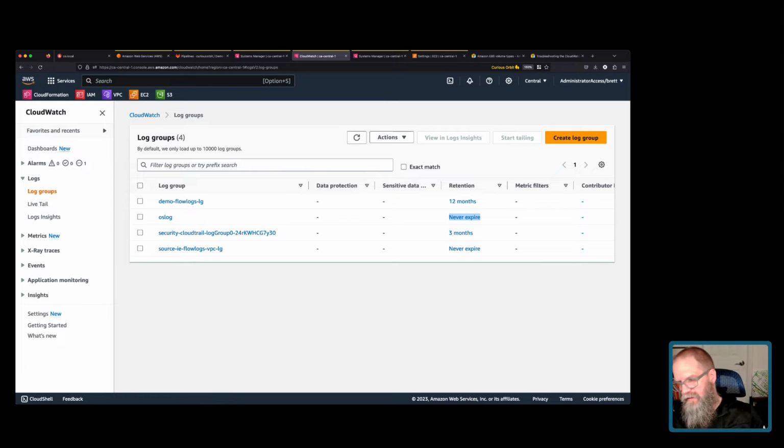See the retention period? It's set to never expire, even though I said 365 days. There's an additional bit of permissions that we didn't add. And if we go look at CloudTrail, we'd see an error message there. Permission denied, right? But what should happen for now,